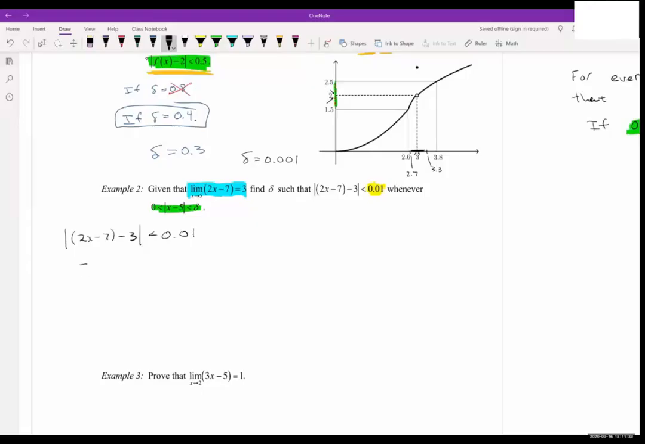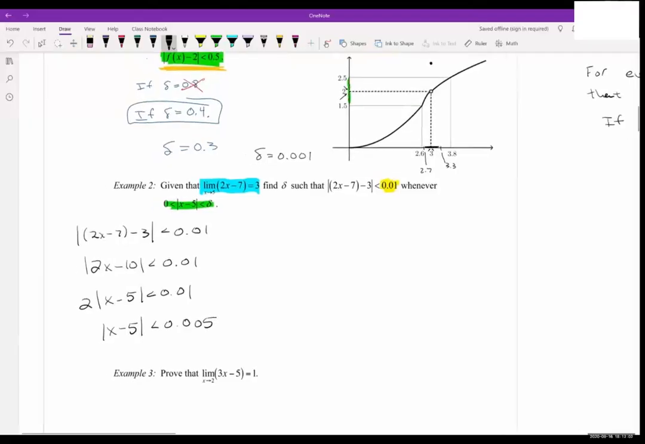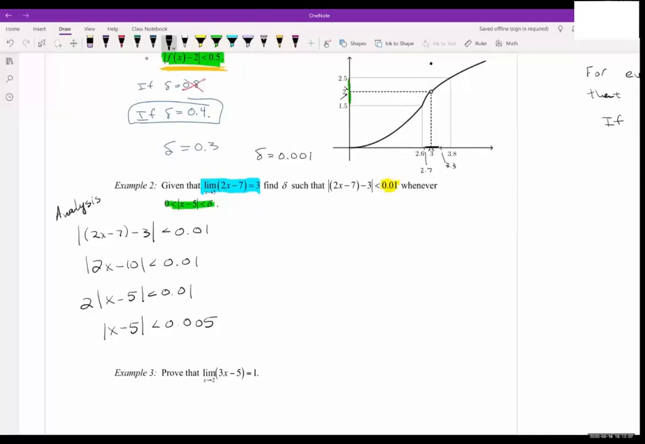And if I manipulate this a little bit, I think I get something like this. And I can factor out a 2 out of the absolute value signs. And I can divide, so I get 0.005. So what I've done so far is what I call analysis. We've analyzed what's going on. And we've done a bunch of algebra, so these statements where we started and where we ended are mathematically equivalent,